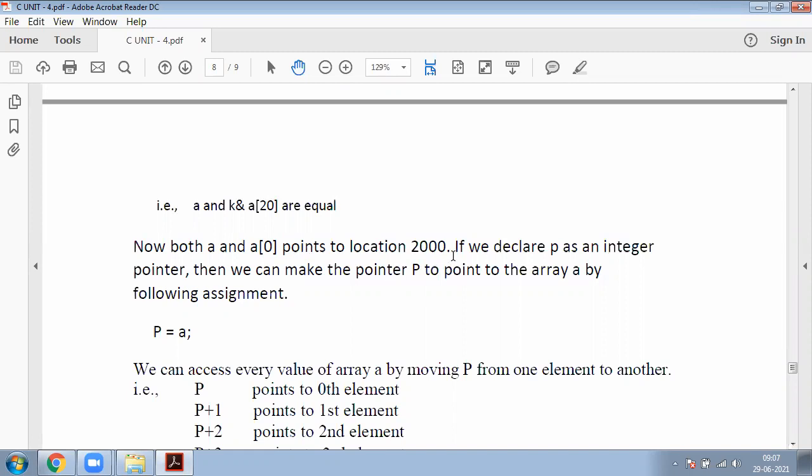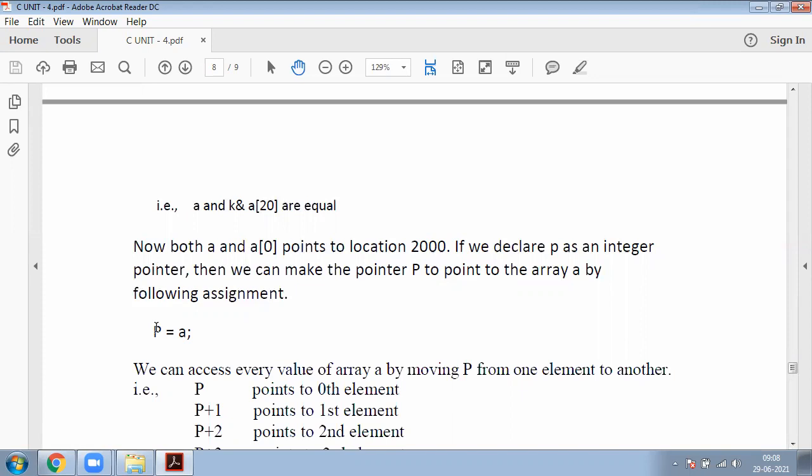If we declare p as an integer pointer, here p is a pointer only, then we can make the pointer p point to the array by the following assignment, that is p equal to a. What happened here? The a variable is assigned to p, that is, p is not a normal variable, it is a pointer variable.